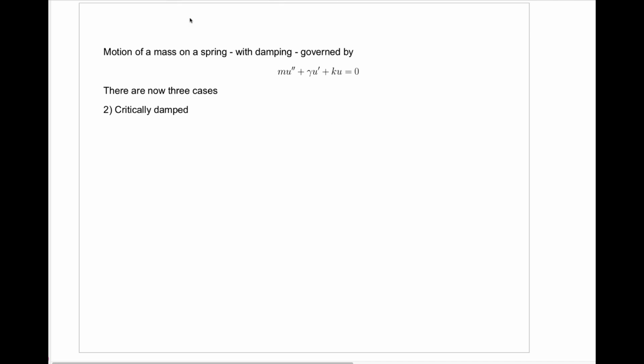What does it look like in the critically damped situation? Well, in this situation, gamma squared minus 4km equals 0. This was the discriminant in the characteristic equation. That means you have one solution to mr squared plus gamma r plus k equals 0. That solution is r equals minus gamma over 2m, a negative number,